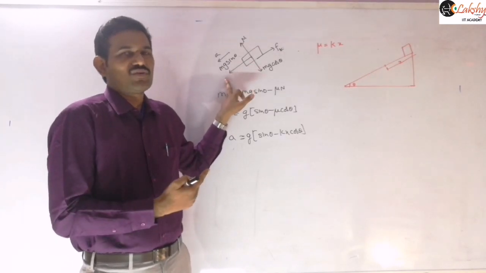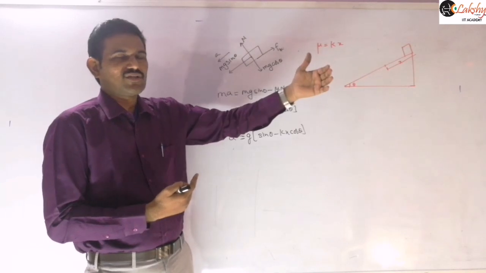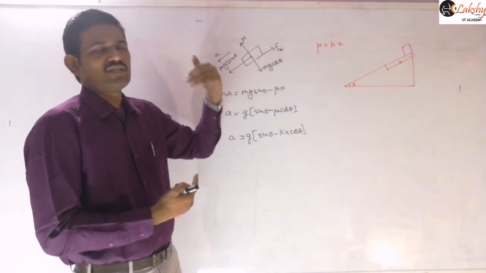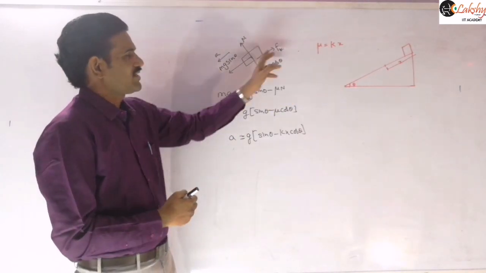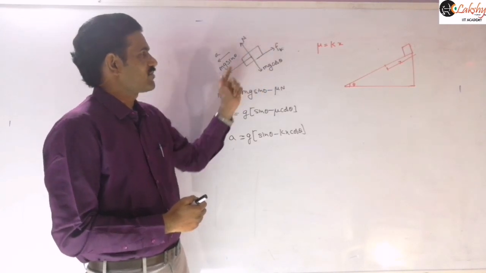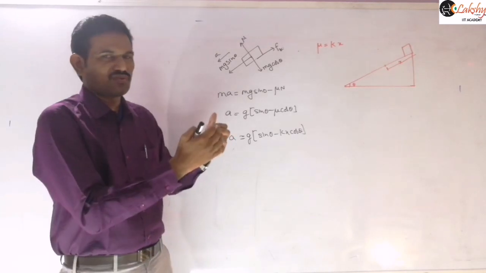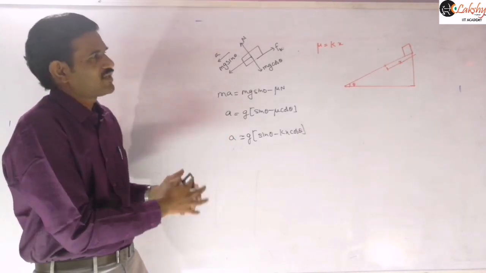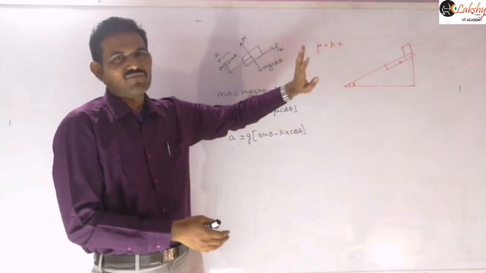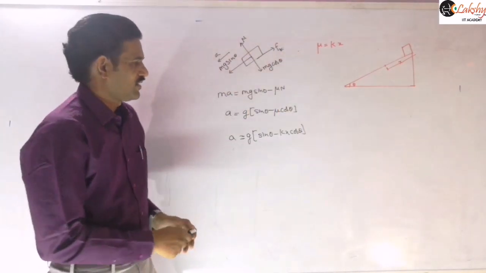After that instant, friction will further increase, because the body is still moving down. Then the upward force will become greater than the downward force. The body starts moving with retardation after that, so velocity goes on decreasing, and finally it will come to rest. We are assuming that the length of the inclined plane is sufficient. And so now